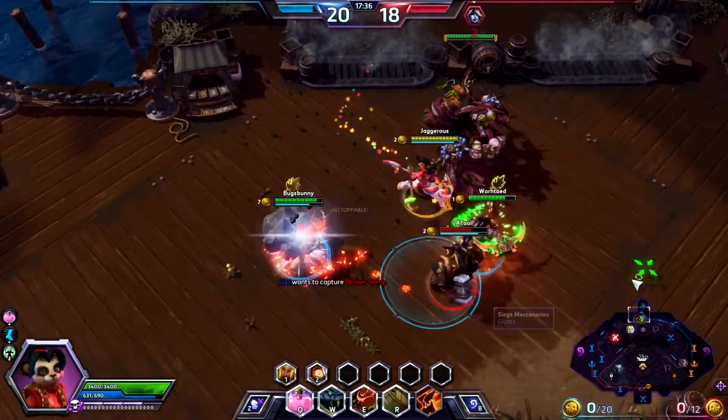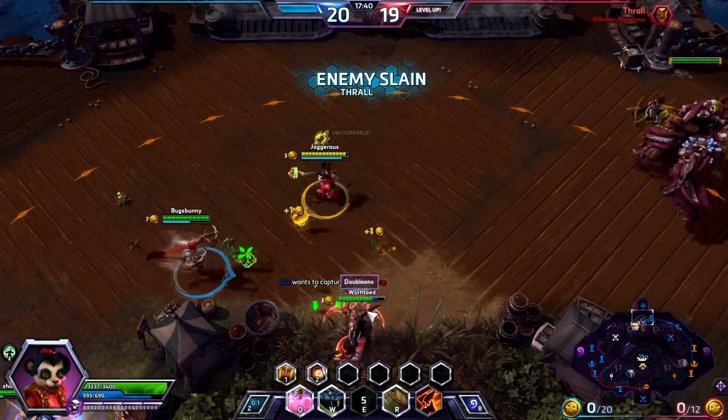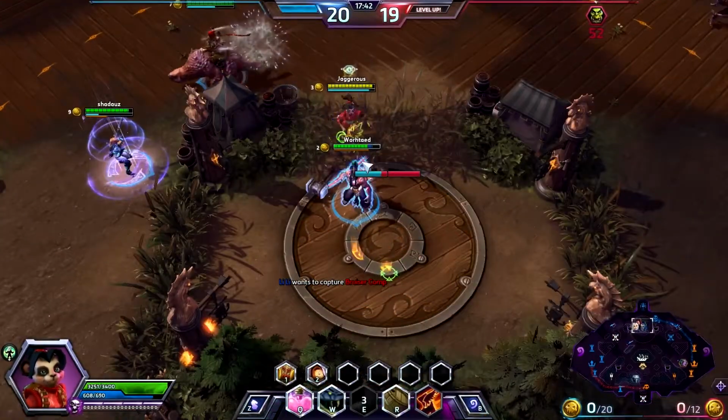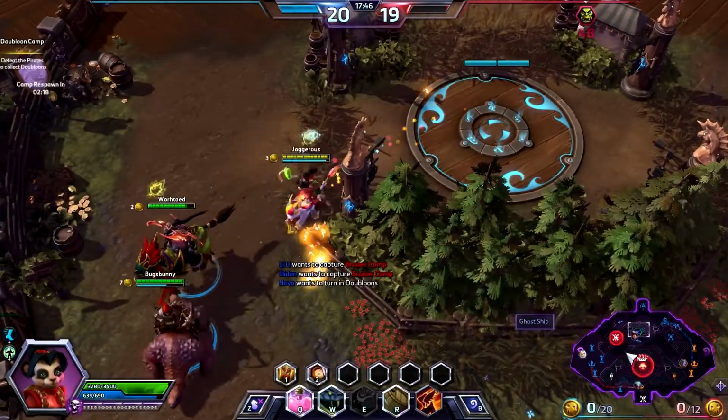Oh, or you know, kill Thrall. Oh, this is a shame. He didn't know we were up there. But that's on them. You need map awareness in this game. Like, if most of the team is missing,